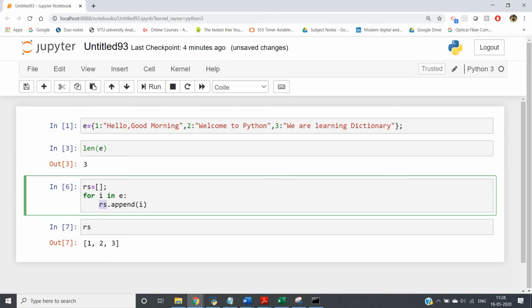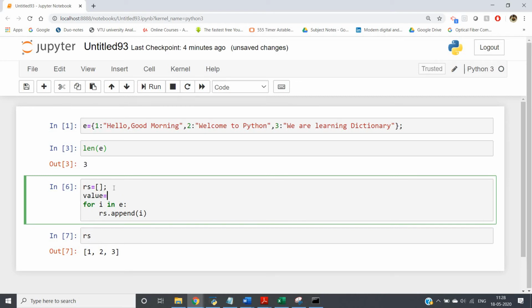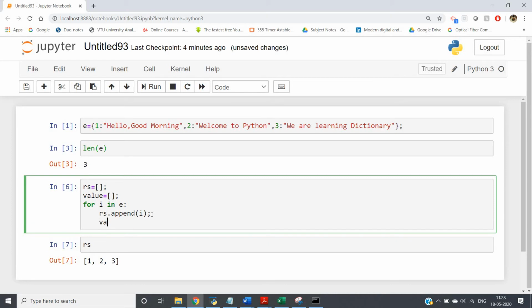Okay, you want to get the values also. What you can do here, suppose I write value equal to one empty list, and then here we can write value dot append E of i, that is our original dictionary, because i is getting the keys part, right?